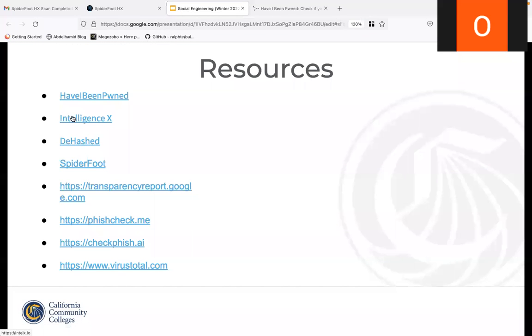So next one is Intelligence X. It's an open source information gathering search engine tool. This one is different from other search engines as it generates searches for specific targets in terms such as URLs, email addresses, and more. It also has a service of searching for Bitcoin addresses. The searches are explored through the darknet as well as the surface web, and a copy of the results from searches are stored in a historical data archive.